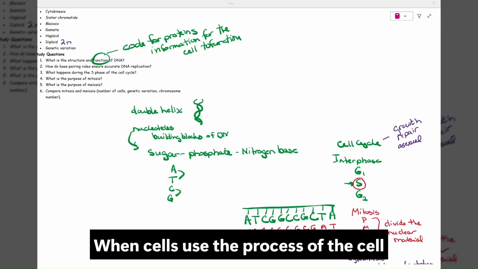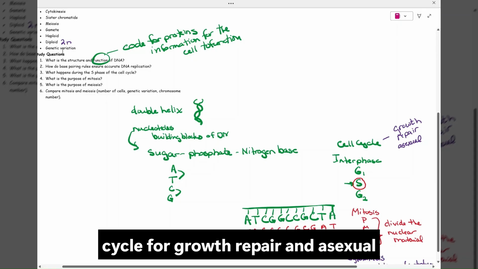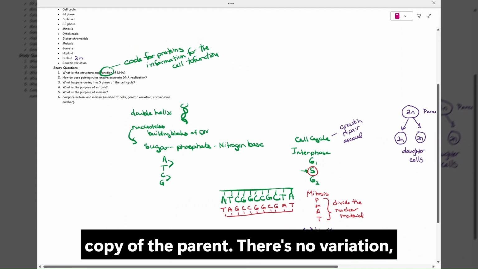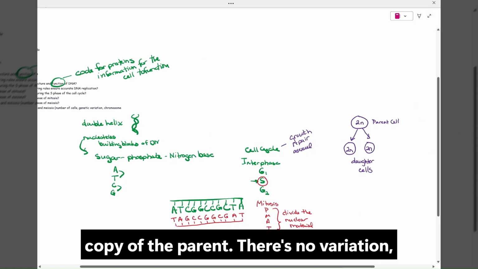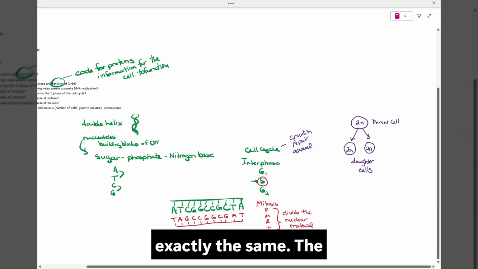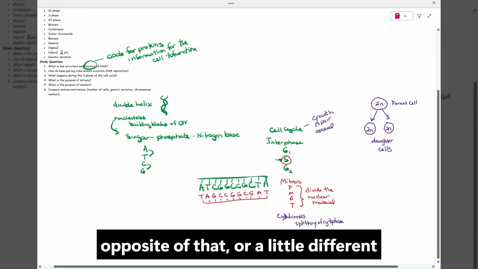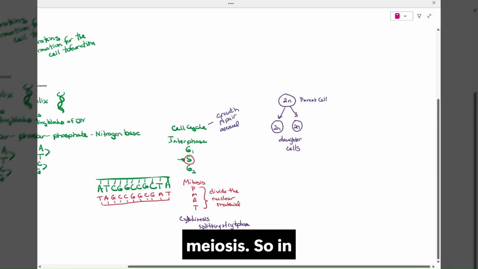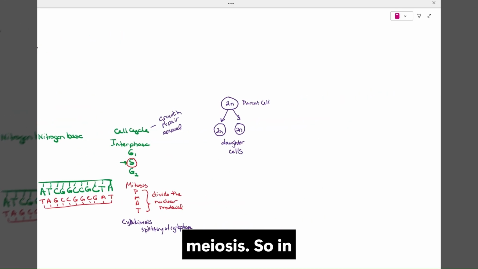When cells use the process of the cell cycle for growth, repair, and asexual reproduction, you're getting an exact copy of the parent. There's no genetic variation, no variety. It's exactly the same. The opposite of that, or a little different from that, is something called meiosis. So in meiosis,